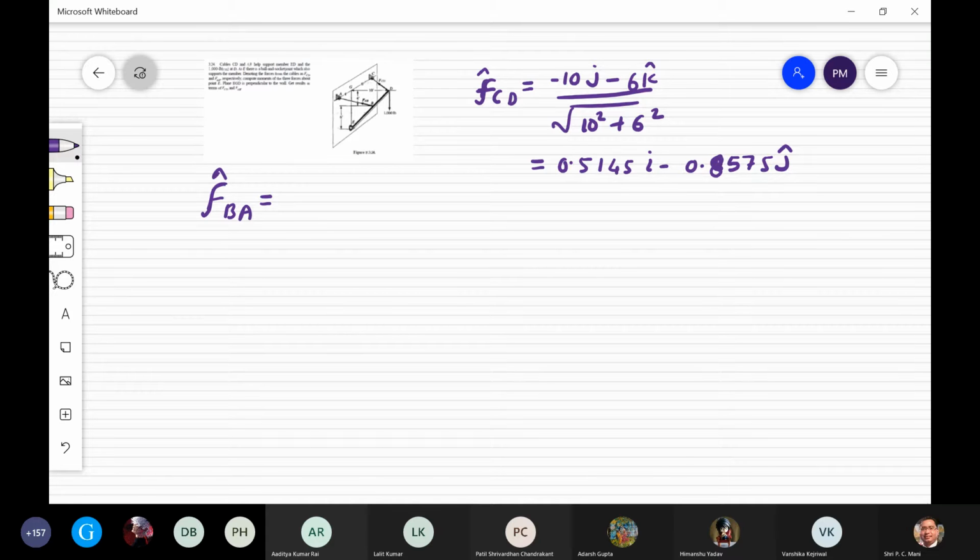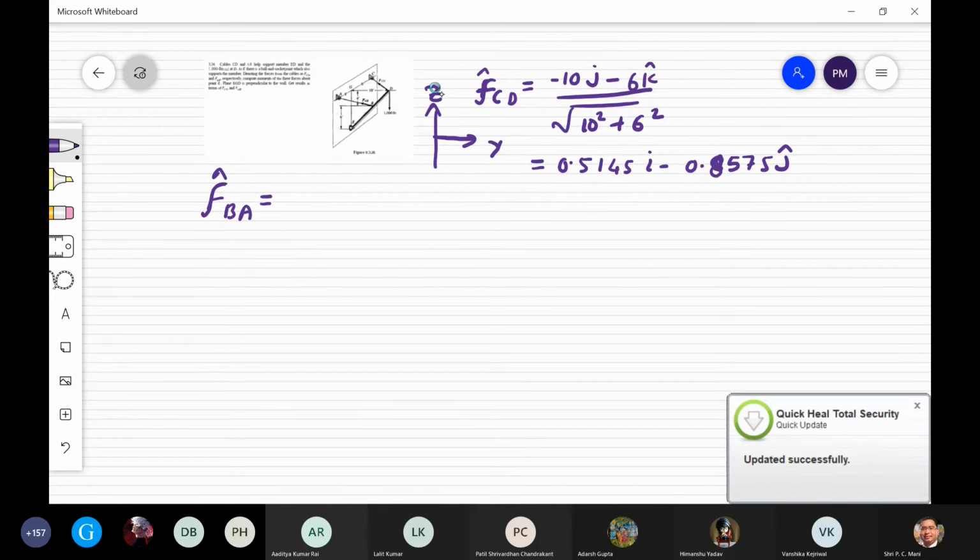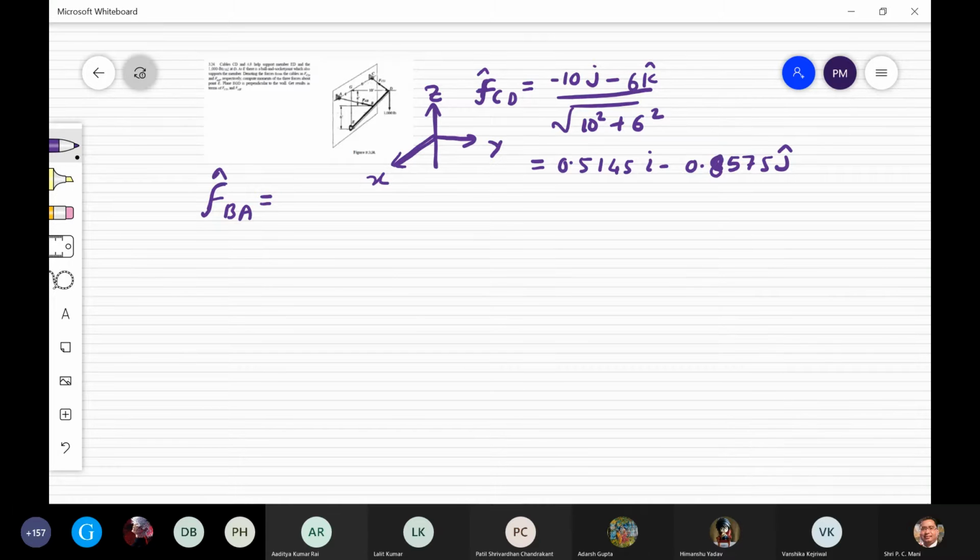सर ऊपर वाला डायरेक्शन क्या है? हम डायरेक्शन दे रहे हैं आपको. I am taking this direction y and this one is z, okay, and this one is x, okay. And as per this direction I have solved this question. Okay, आपके बुक में डायरेक्शन नहीं दिया है तो you have to assume that. Okay, this one I am taking as y, okay, clear. So as per this I am going to solve this.